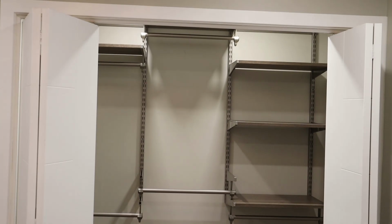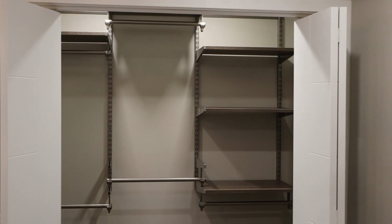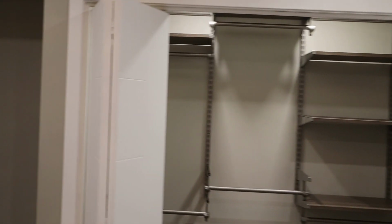This bulkhead did take me a fair bit of time. It was a pain in the butt, specifically the contours that I had to get. Maybe I'll do a video in the future about how to do it if I'm doing another basement suite. But otherwise, the camera will come in here. It'll show you a nice big closet. The walk-in closet has a light in it, and that just adds a little bit more modernness and elegance to the rental unit. Now, if we carry on,